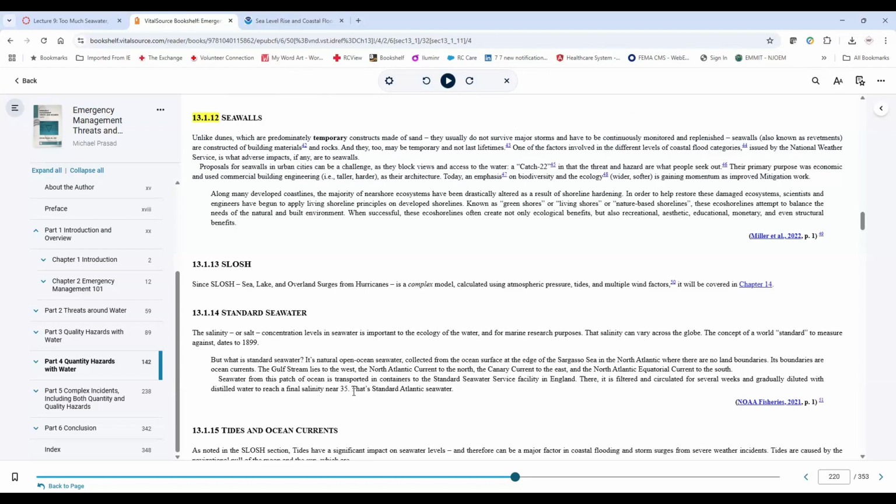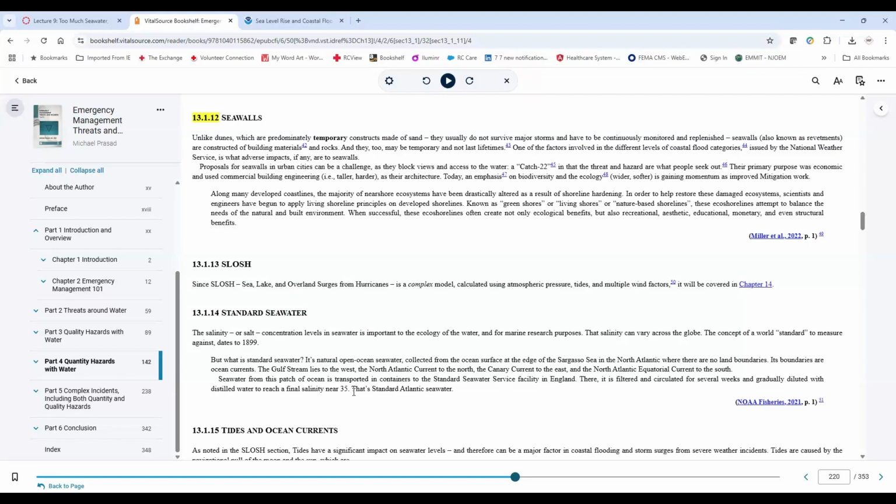Standard seawater, this was something interesting. I did not know that there's a difference in how much salt is in seawater depending upon where you are, and that there's actually a standard, like the universal standard time in Greenwich, England. Who keeps the clock? Well, guess what? There's actually a standard of how much salt is in it, and things are measured against that. And this has been done since 1899.